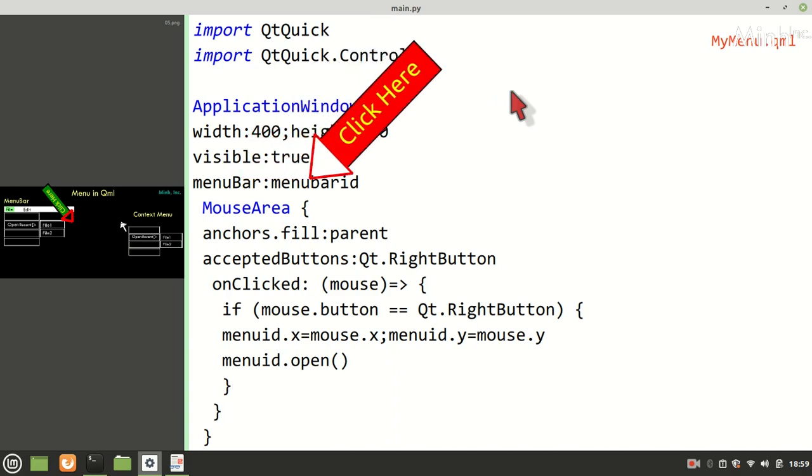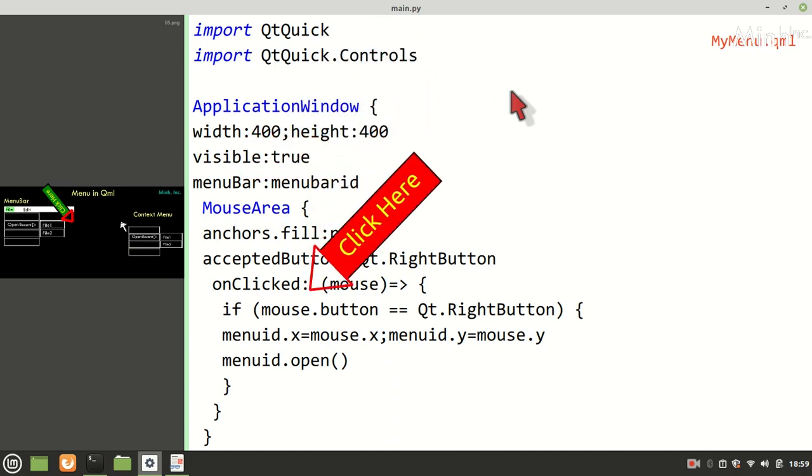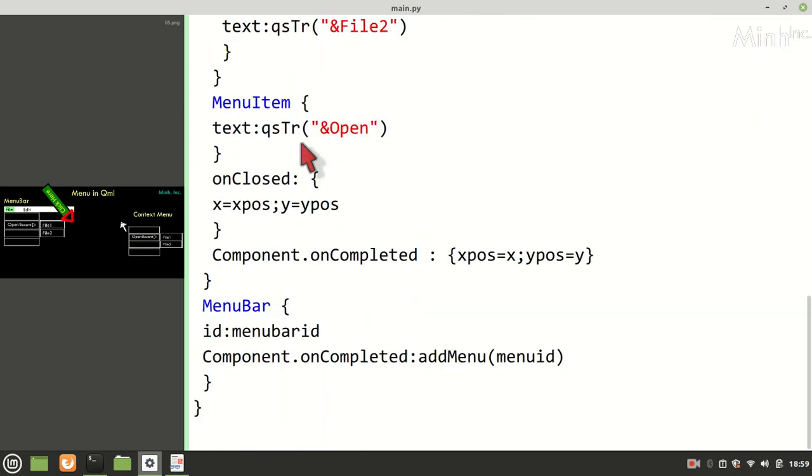Menu bar is menuBarId, and in the menu bar we are adding addMenu, menuId.